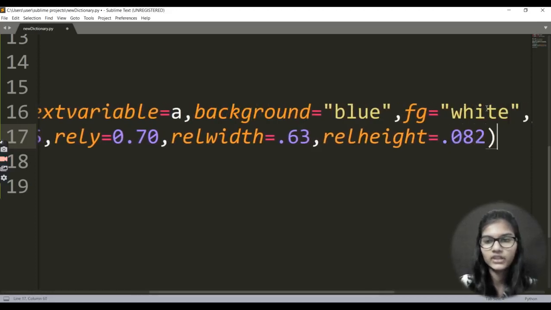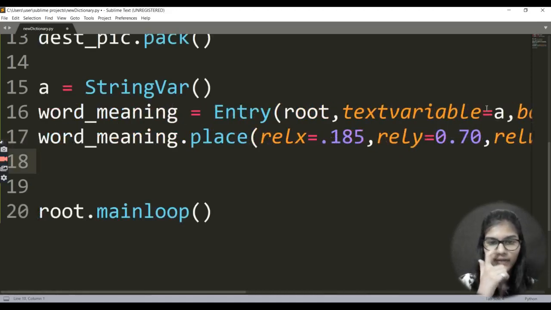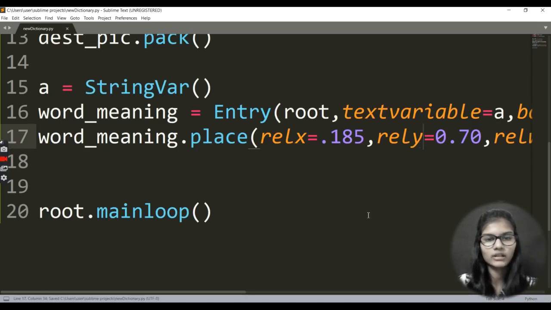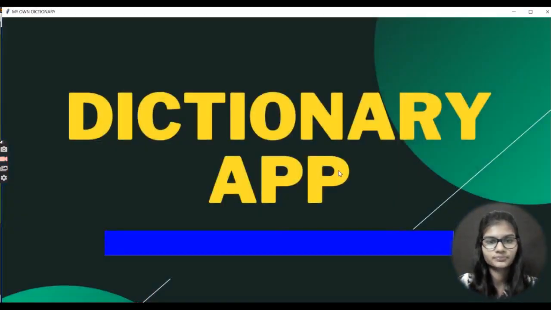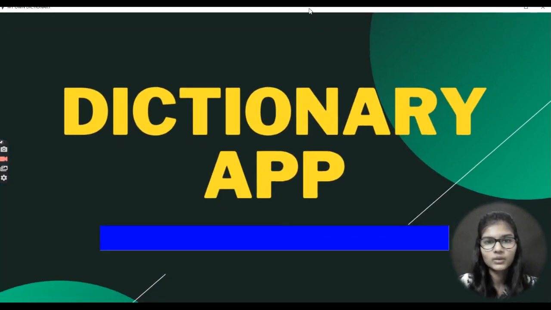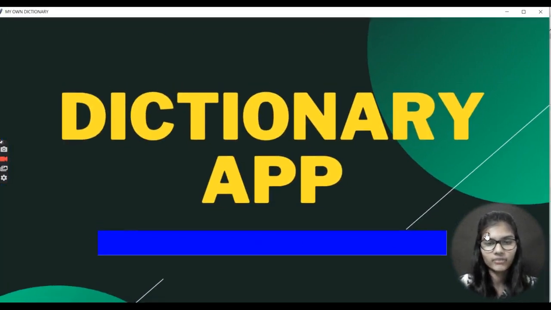Right, let's say these are the features which I have just applied there. Fine. Basically I'll be saving this, that is Ctrl+S, and now I'll go to that PowerShell window once again and run it here. So let's have a look, basically I had made one of my boxes here.